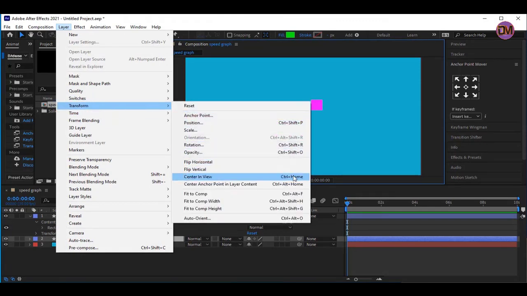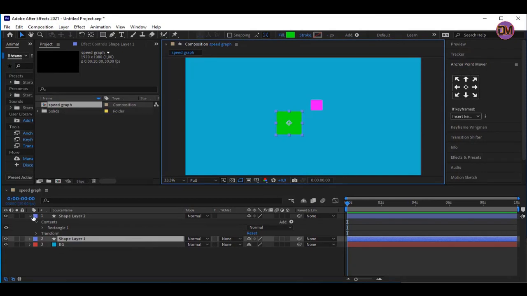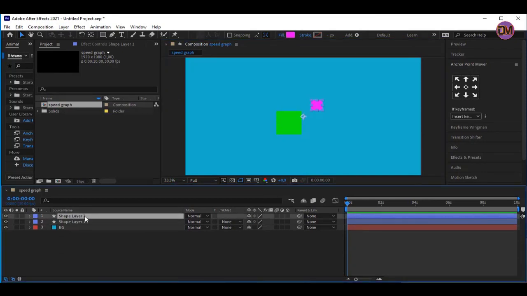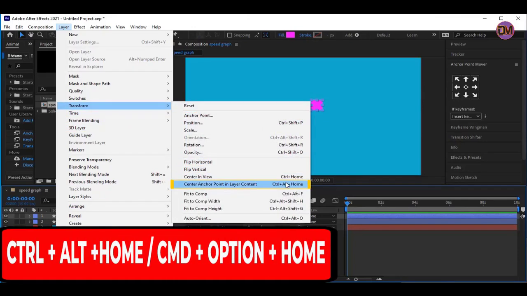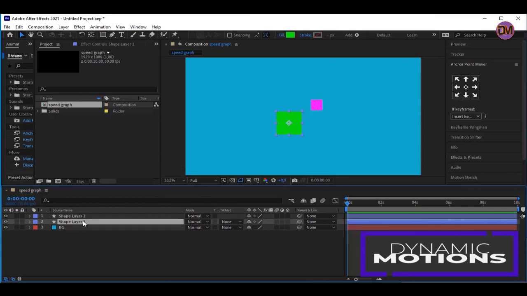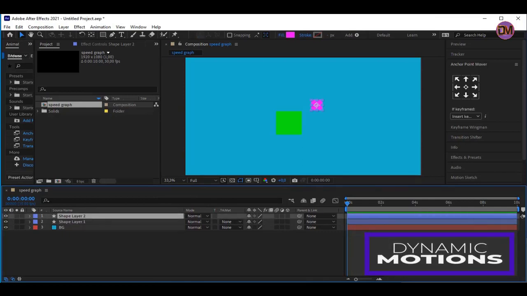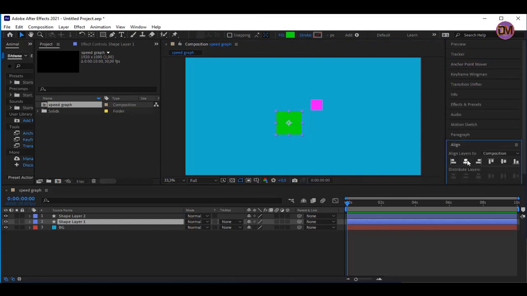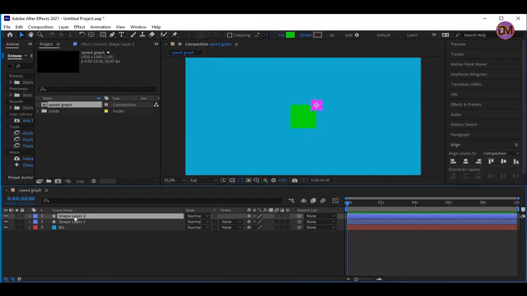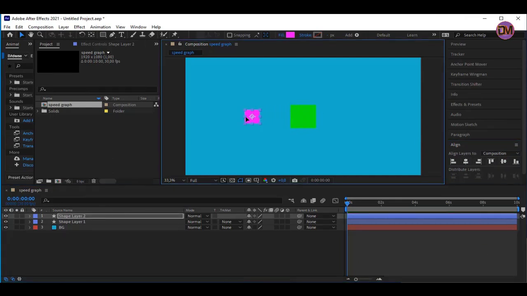So in this case, I'm going to go up to the layer menu, and inside the transform, I'm going to use the center anchor point in layer content, or I can also use the keyboard shortcut, which I'm going to do for the circle dot. And then I'm going to select the inner circle, and inside the align panel here, I'm going to center this horizontally and vertically. I will do the same for the circle dot. I'm just going to move this out of the way a bit to, let's say, around here. Great. Now I'm just going to lock this inner circle and focus on the circle dot